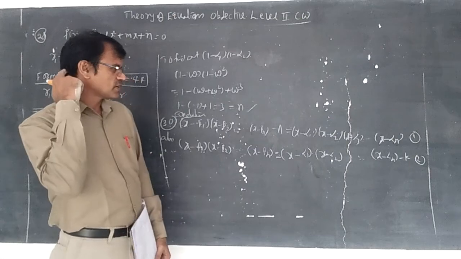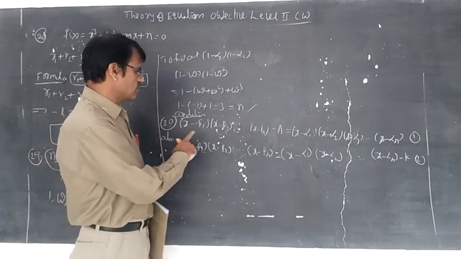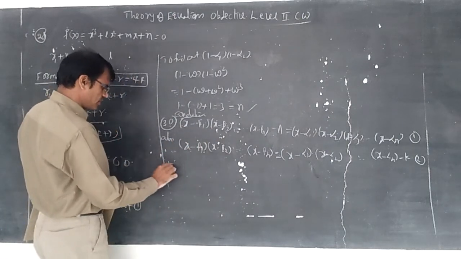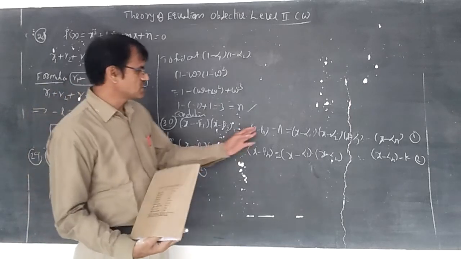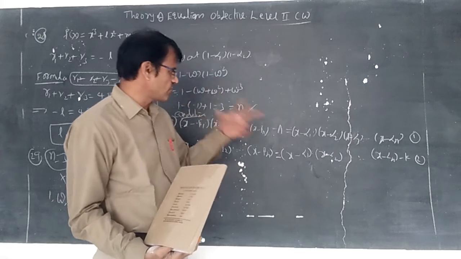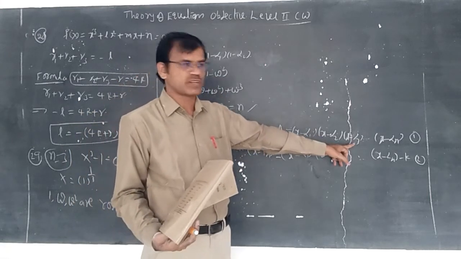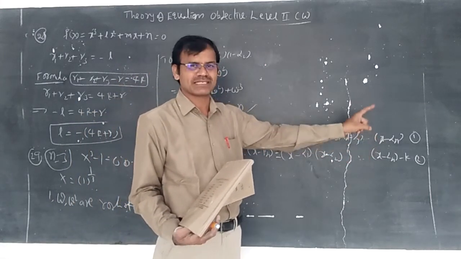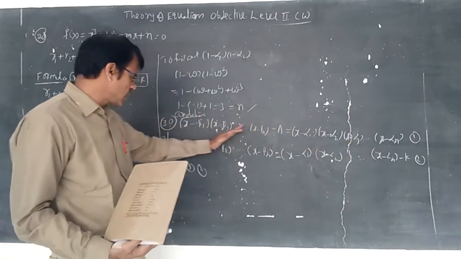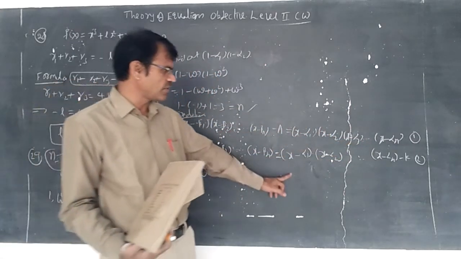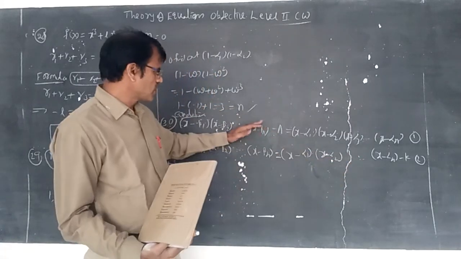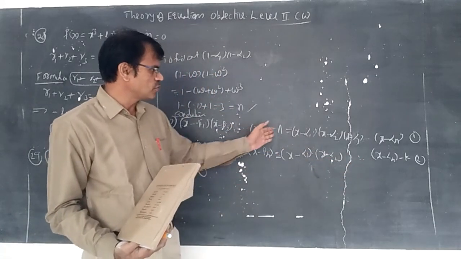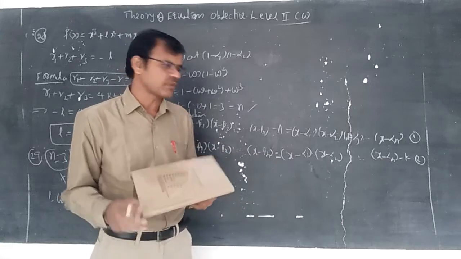So you better to take from one end to other, from one end, from 1 comma 2. If minus a is taken, this side becomes x minus alpha 1 and x minus alpha 2 and x minus alpha 3 and so on, x minus alpha n plus a. The value is the same as x minus alpha 1 and x minus alpha 2 and so on, x minus alpha n minus k. So comparing the coefficient, you are getting plus a is equal to minus k.